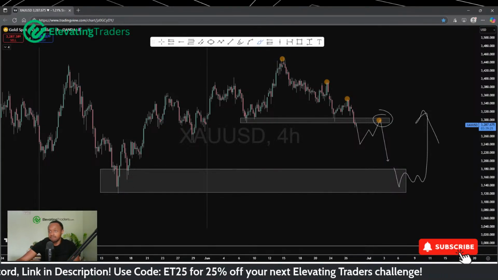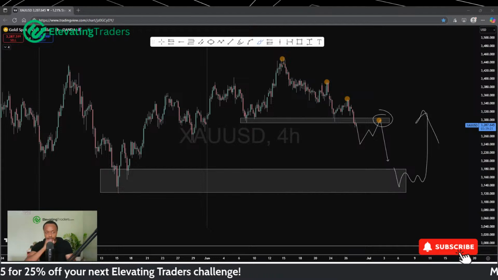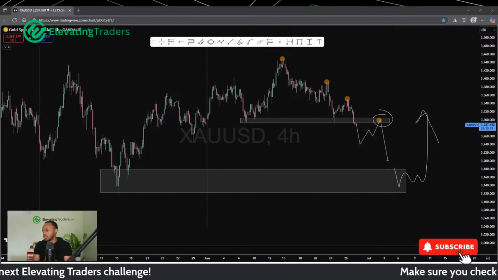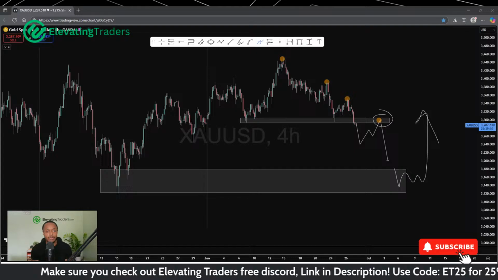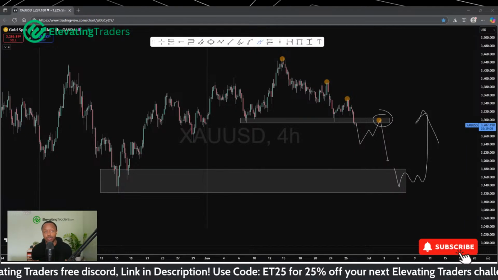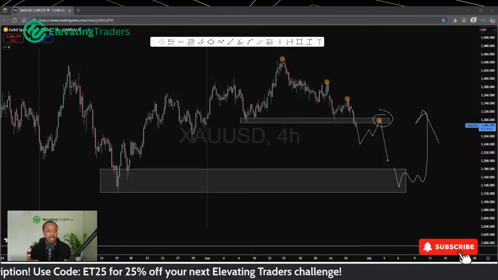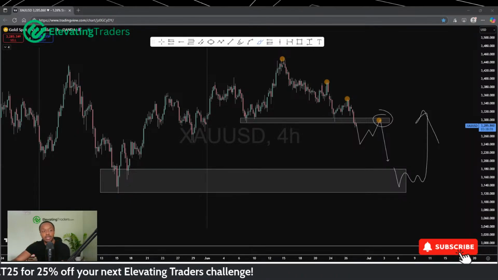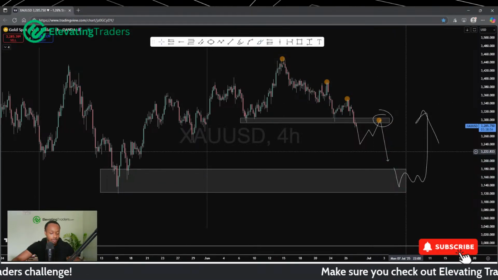The way I see it, gold is still very much bullish on the high time frames. There's a lot of upside potential for gold, technically and fundamentally, but maybe we are due a deeper correction before we do see some upside. So keep an eye on the shorts, and maybe we can take some selling opportunities intraday, and then maybe some long-term swings later on. But I probably would wait for price to get here now before looking to buy.